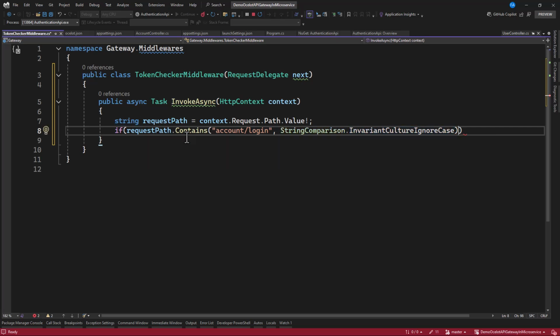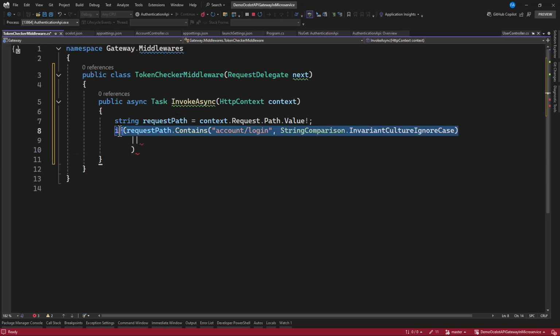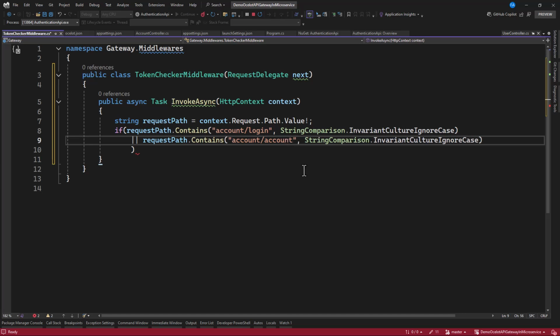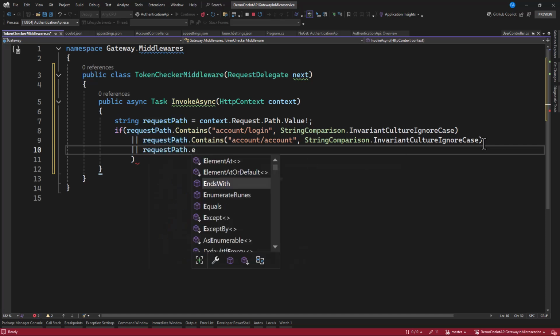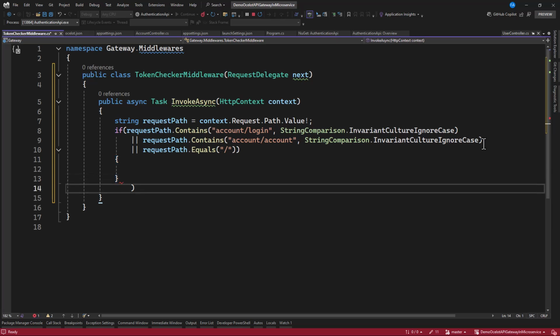And also, let's make a copy of this, or in case it contains account, or in case it is equal to the home. So in case request path dot Equals this home, then we want to remove this first.